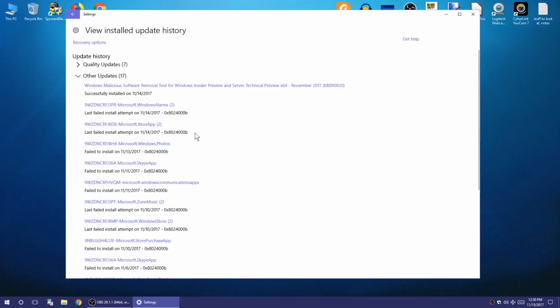And all these little error codes, the same error code. I don't understand what that error code is. What, 0x80240000B? What the hell does all that mean? And Microsoft better look into this, because I'm thinking, with all these failed update attempts, right,